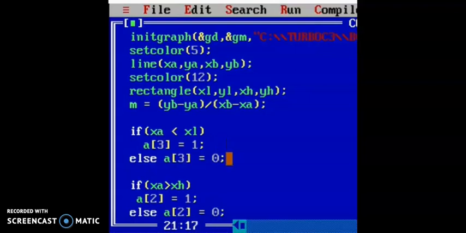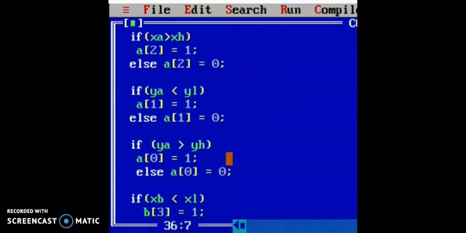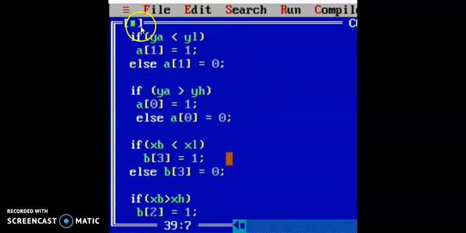Here we are just placing the outputs. Next you can see that if ya is less than yl, then a of 1 will store 1, else a of 1 will store 0. Next, if ya is greater than yh, then a of 0 will store 1, else a of 0 will store 0. Next, if xb is less than xl, then b of 3 will store 1, else b of 3 will store 0.